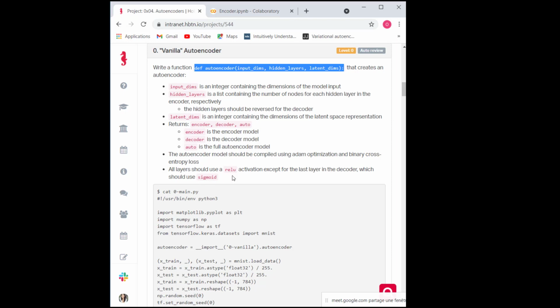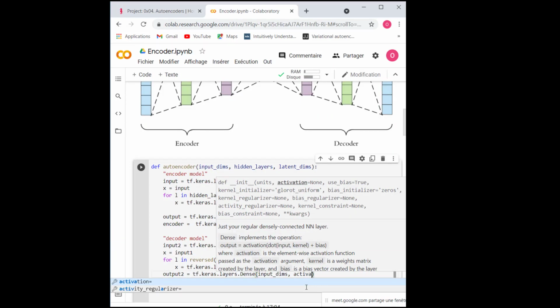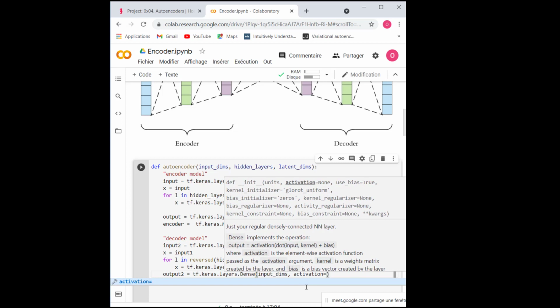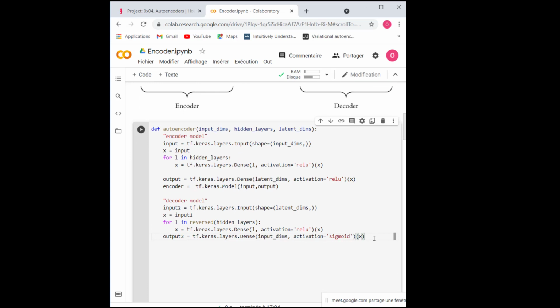The last one should be sigmoid. This one will take my previous x. So this is for my layers.